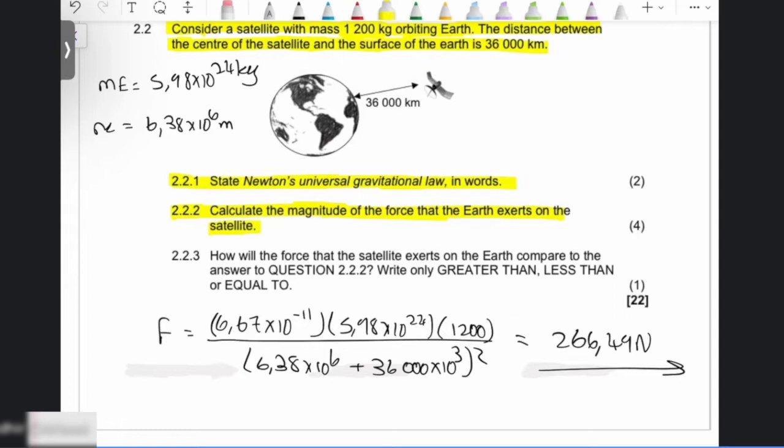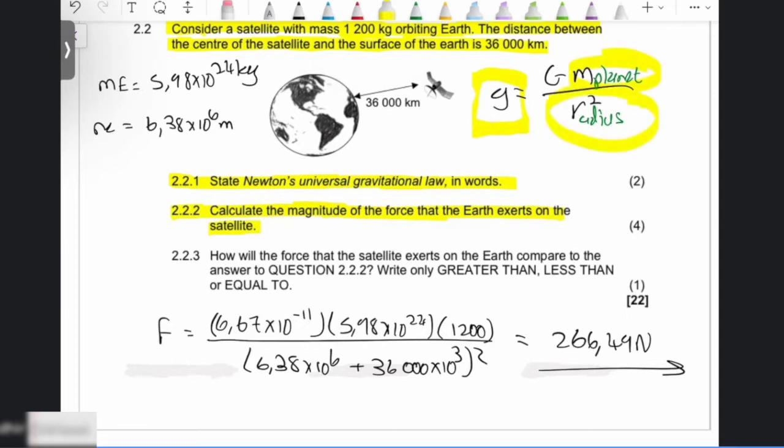Okay, so the question is, when do you use this G formula here? You use this G formula typically when you are dealing with some sort of celestial body, where this represents the mass of the planet and this represents the radius of that planet. So all you're going to be doing here is maybe they give you the gravitational acceleration, or they want you to calculate the gravitational acceleration on this planet. They give you the mass of the planet, they give you the radius of it, and now you calculate the gravitational